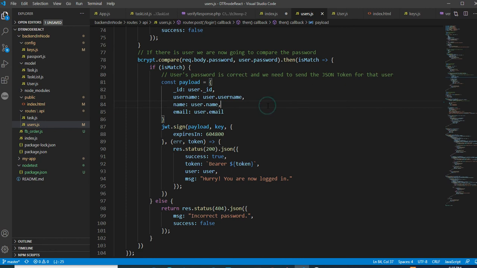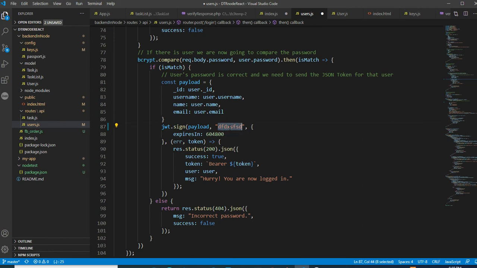You have got the data from the database and are providing it to the payload, and then the key. What is the key? Understand that this is any value. For example, this one is the key. Only your backend knows it, the front end people don't know.